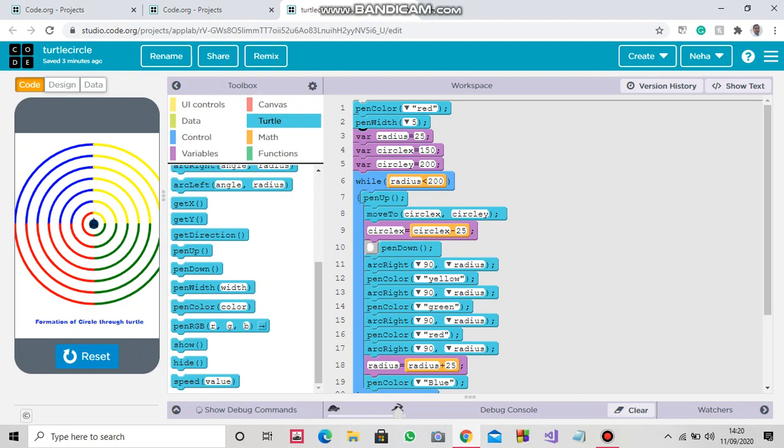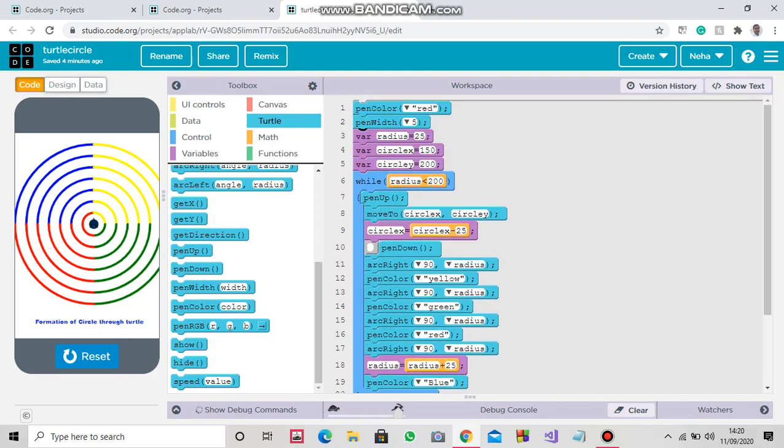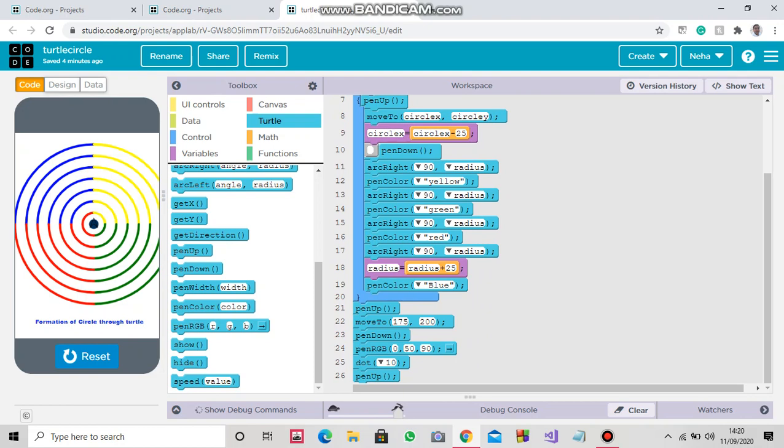Until our radius is less than 200. When the radius of the circle becomes more than 200, then the program will be stopped. Every time the radius value will be incremented by 25. Okay.